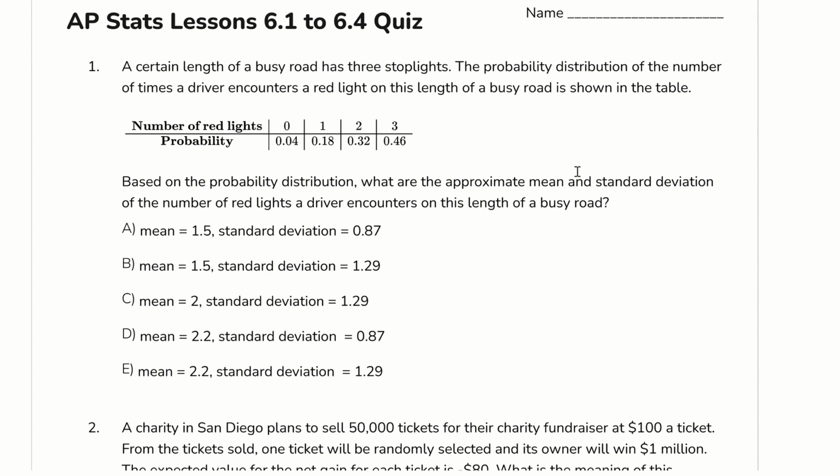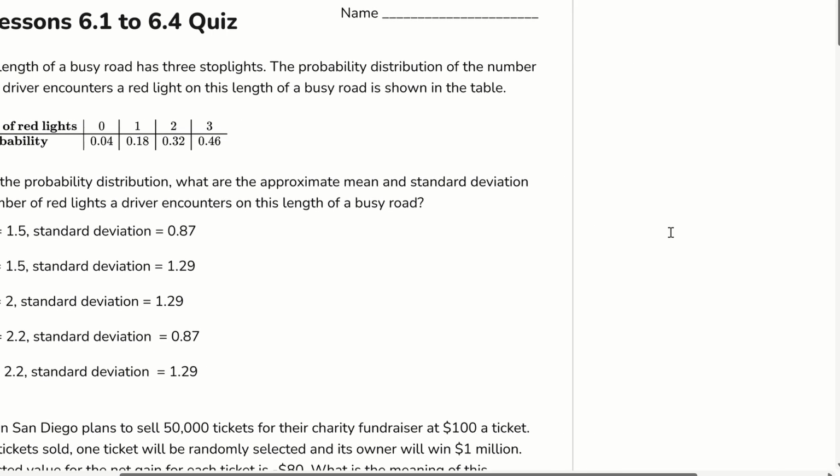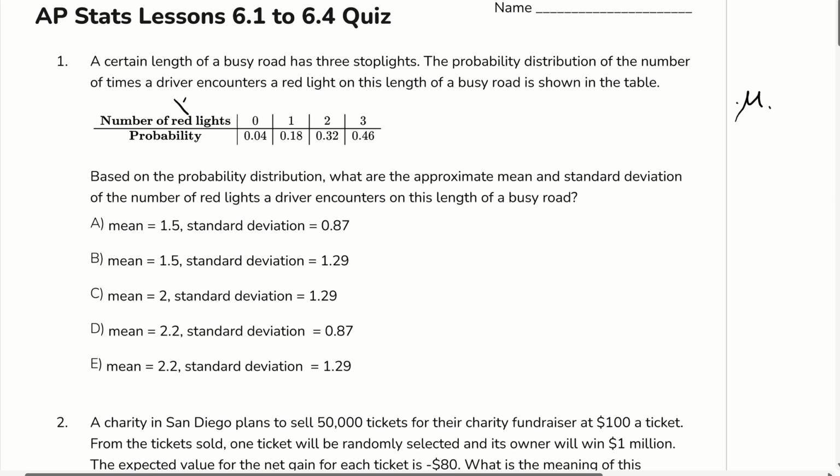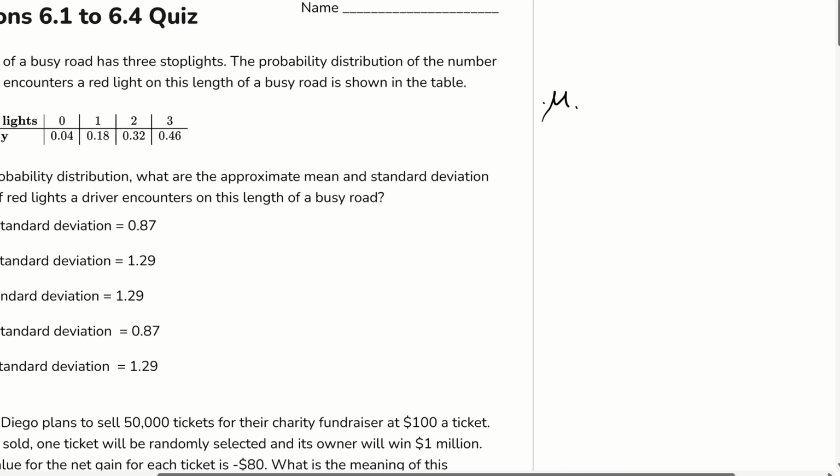All right, so we want the mean and standard deviation. You could do this on your calculator, but you would also want to show your work on a sheet of paper. So remember the formula to calculate the mean of a random variable. Let's say that x is the random variable for the number of red lights. So then in this case, mu x